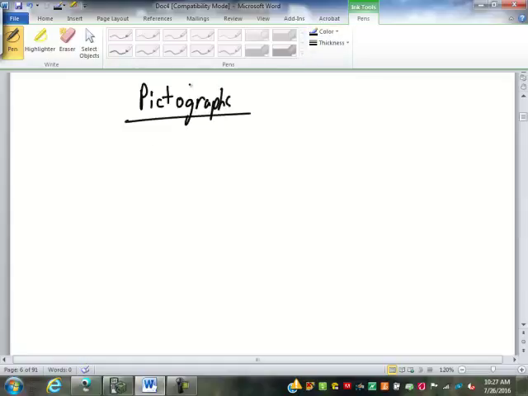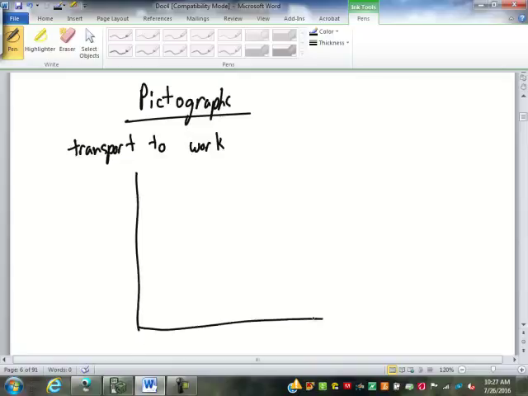For example, let's talk about transportation to work. Most picture graphs have a key. So let's say that walking to work,